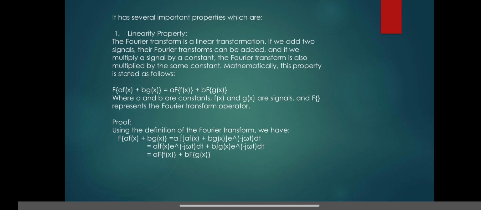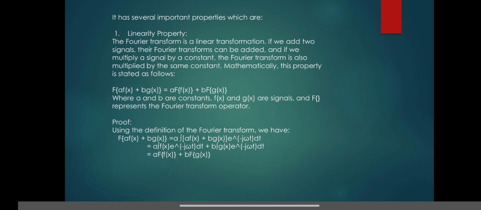The Fourier transform is a linear transformation. If we add two signals, their Fourier transforms can be added. And if we multiply a signal by a constant, the Fourier transform is also multiplied by the same constant. Mathematically, this property is stated as follows: F of a f(x) plus b g(x) equals a F of f(x) plus b F of g(x), where a and b are constants, f(x) and g(x) are signals, and F represents